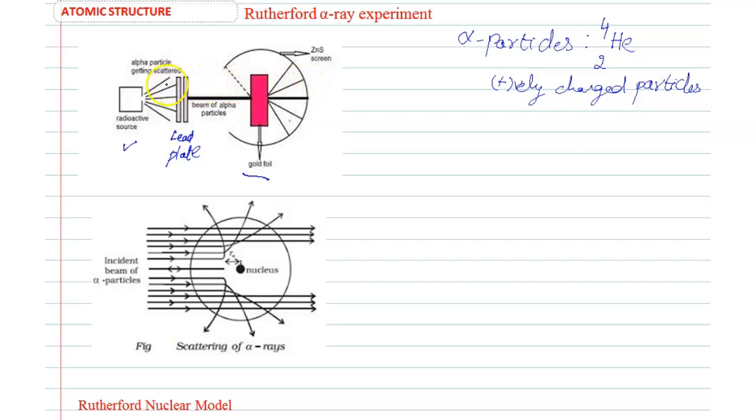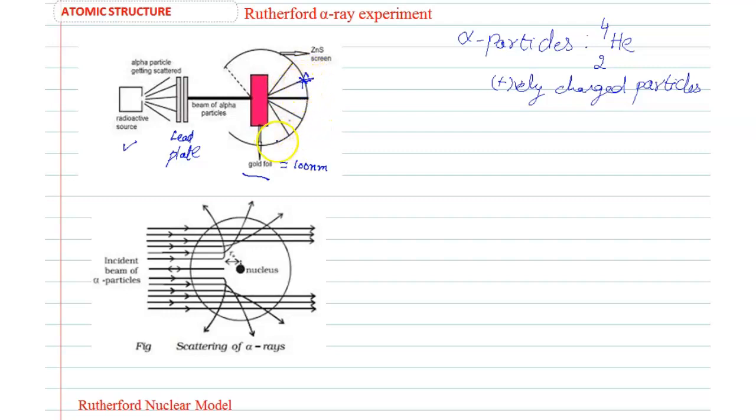So simply, a small amount of radioactive source is taken, and a beam of alpha particles is allowed to pass on a gold foil. This gold foil is 100 nanometers thick, and it is surrounded by a zinc sulfide screen. When alpha particles strike the screen, some glow appears, that is scintillation. After touching it, it will glow, as I already said in the cathode ray experiment too.